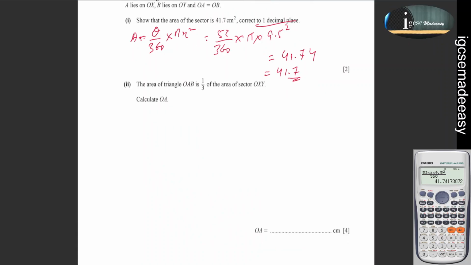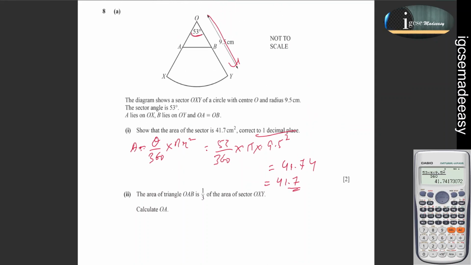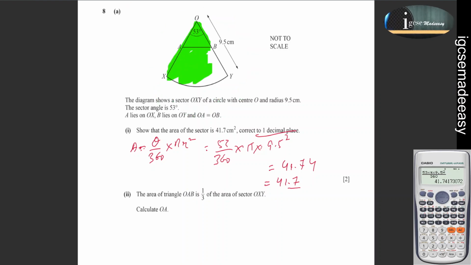Let's do part 2. In part 2, the area of triangle OAB is 1/3 of the area of sector OXY. So this triangle area, let me erase all the parts for you, is 1/3 of the whole sector area, right? This whole sector area, that's what I'm talking about. So what we can do is,